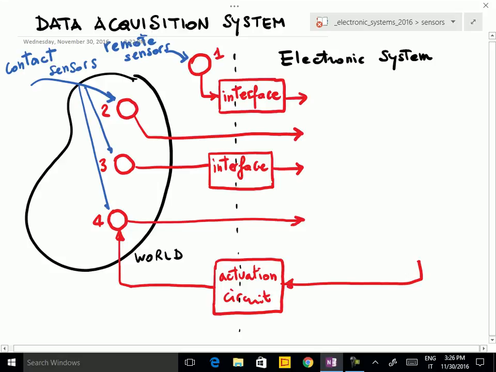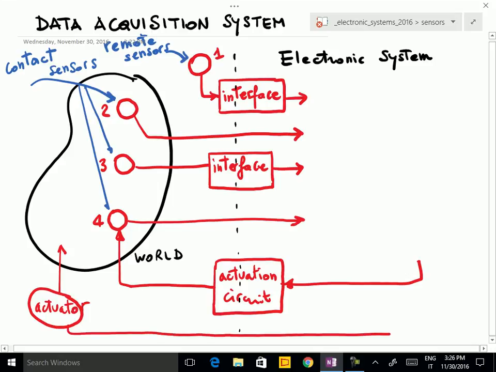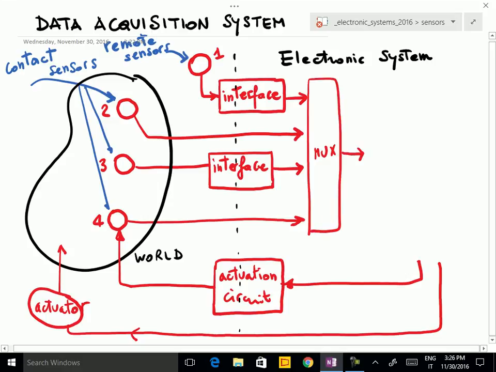Or we can have, instead of a sensor, an actuator, which of course is activated by the electronic system. And on this side we need to use, for example, a multiplexer in order to select only one sensor at a time for the